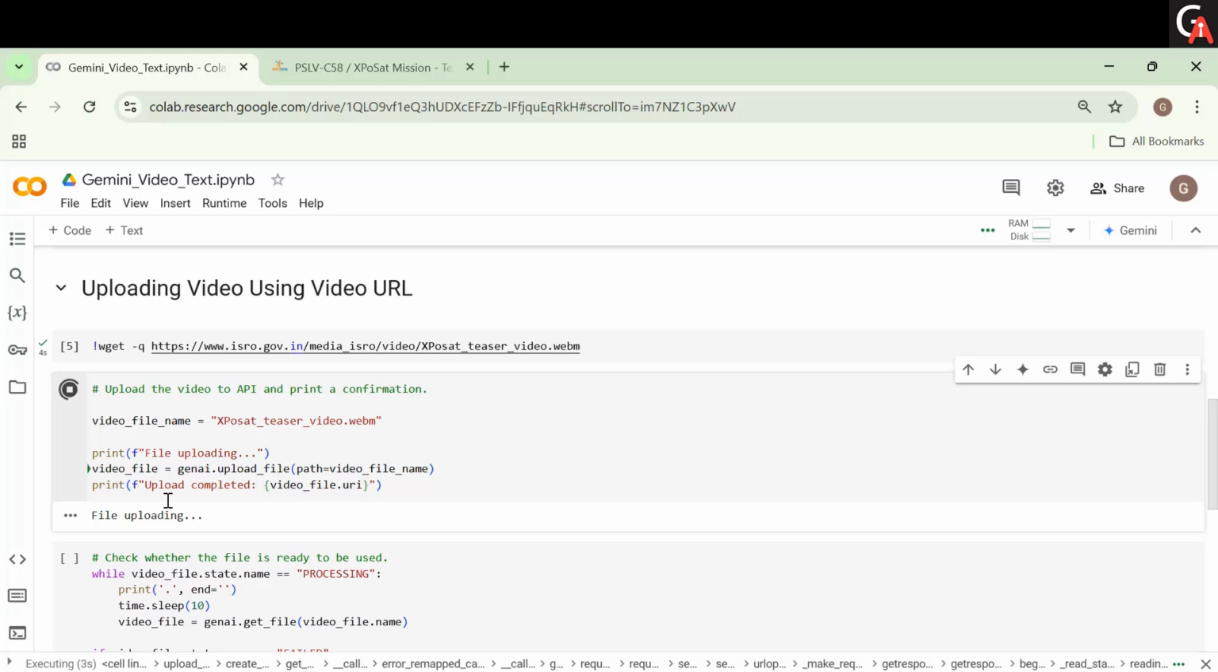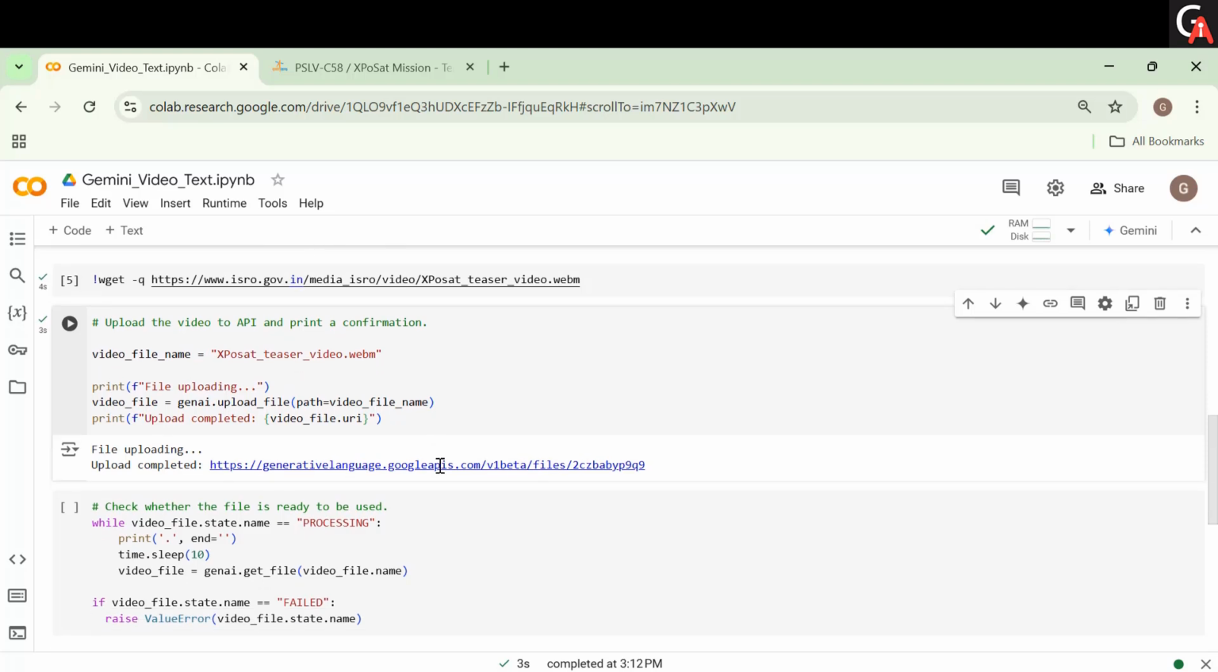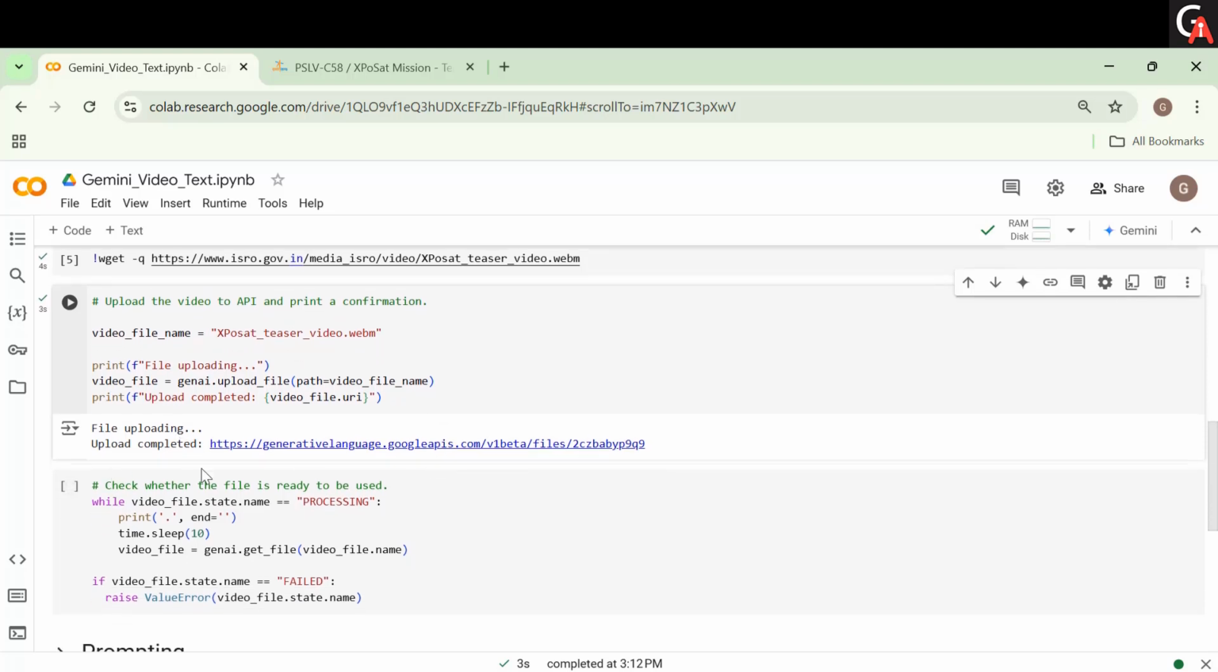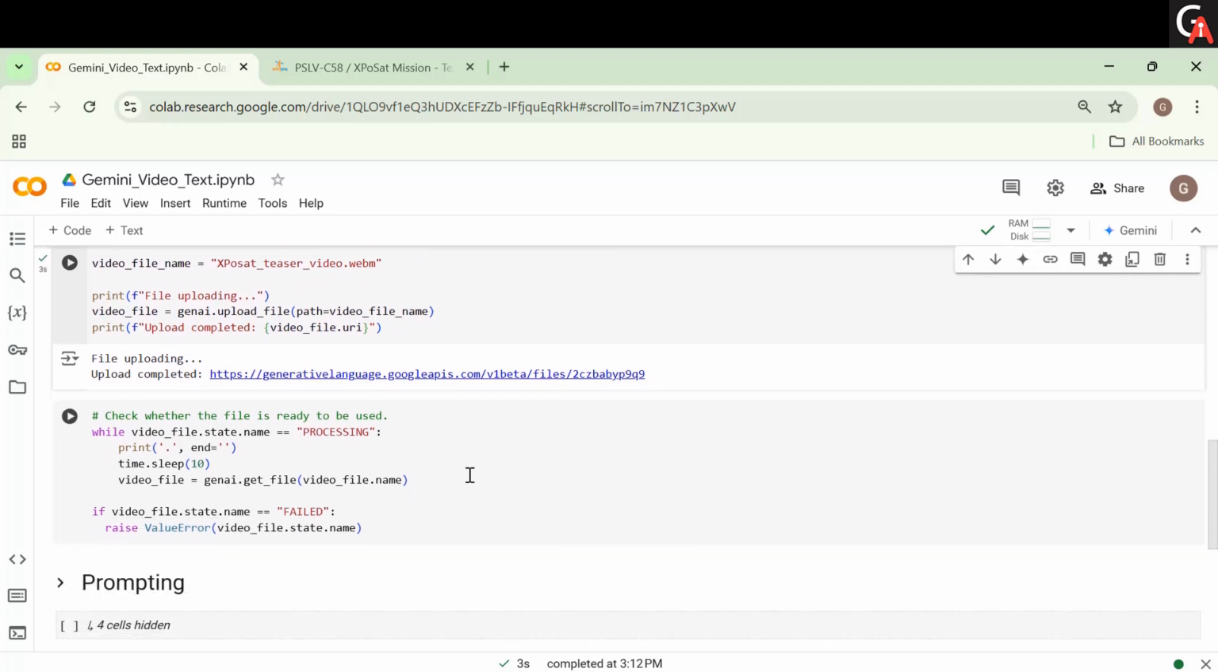So here we can see it is uploading the file to our API. So now it has uploaded the file to our API. Again, we need to check whether the file is ready to use or not. So for that, I've just created a while loop, and in that we are just checking the state of our